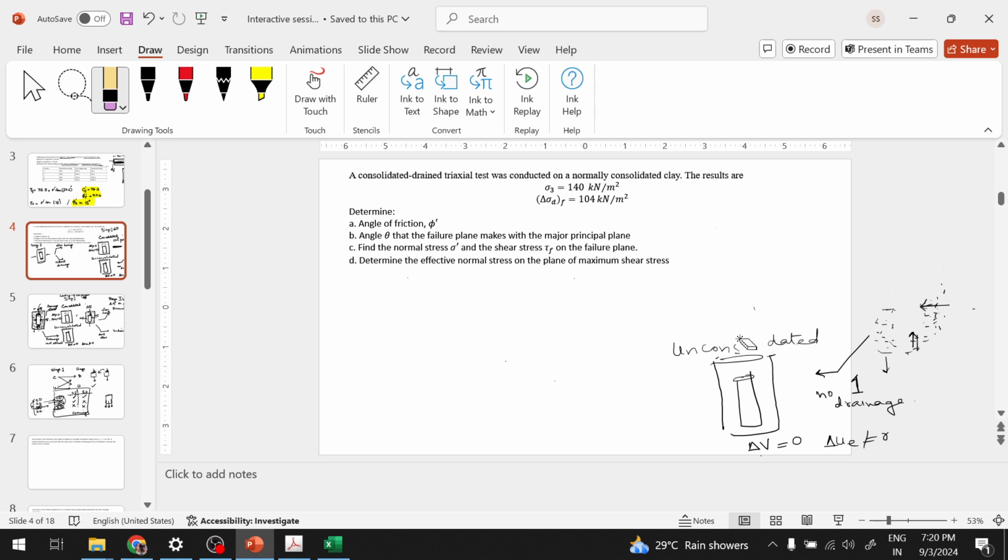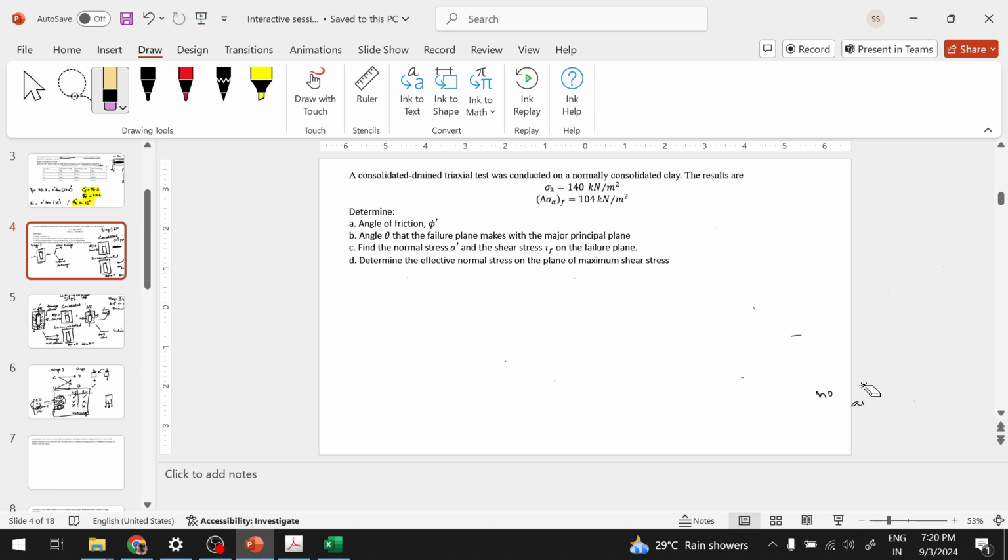Let me clean the space a little bit so that we can get a good idea of what we are going up against. Okay,